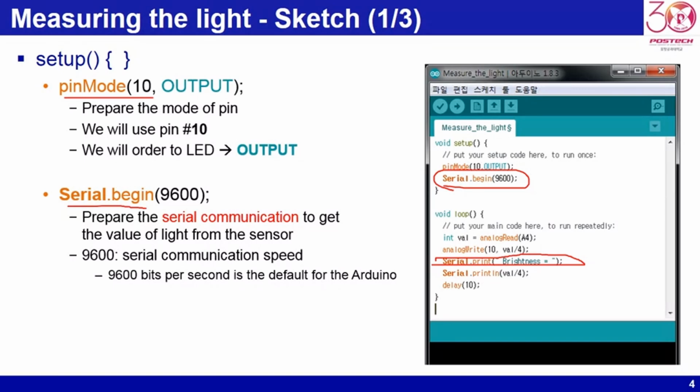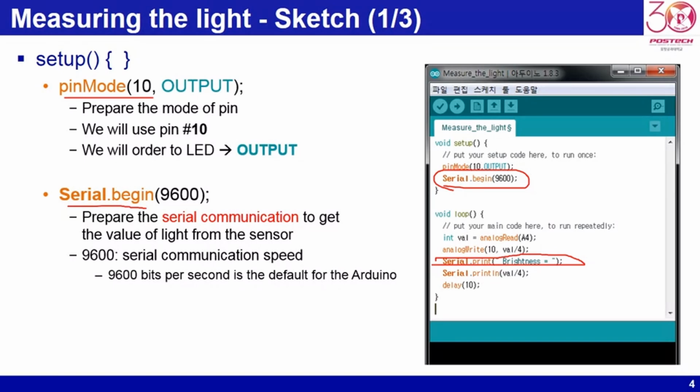9600 means serial communication speed at 9600 bits per second. Serial communication is the process of sending data one bit at a time sequentially. If you use Serial.print hello world, then you can print the text hello world to the serial console. So Serial.begin 9600 does not actually print anything, rather it initializes the serial connection at 9600 bits